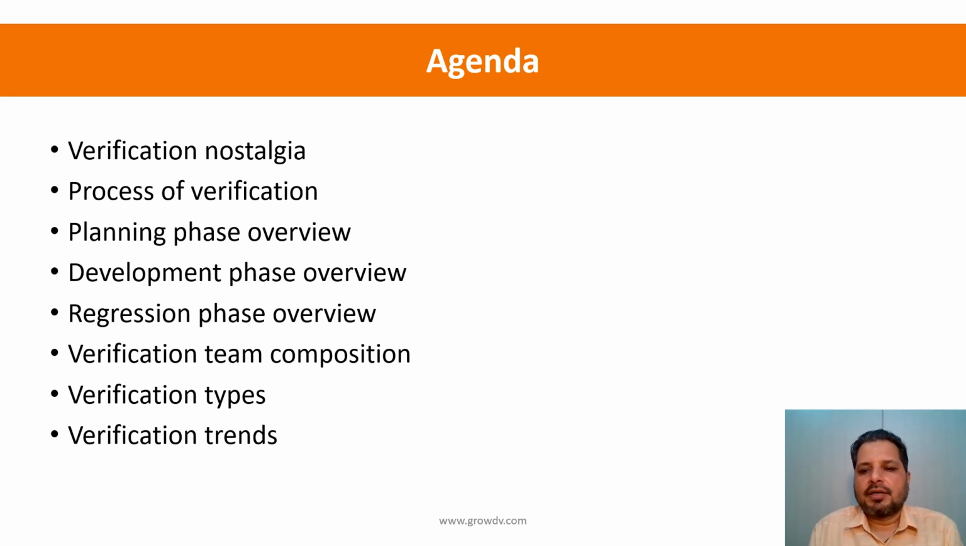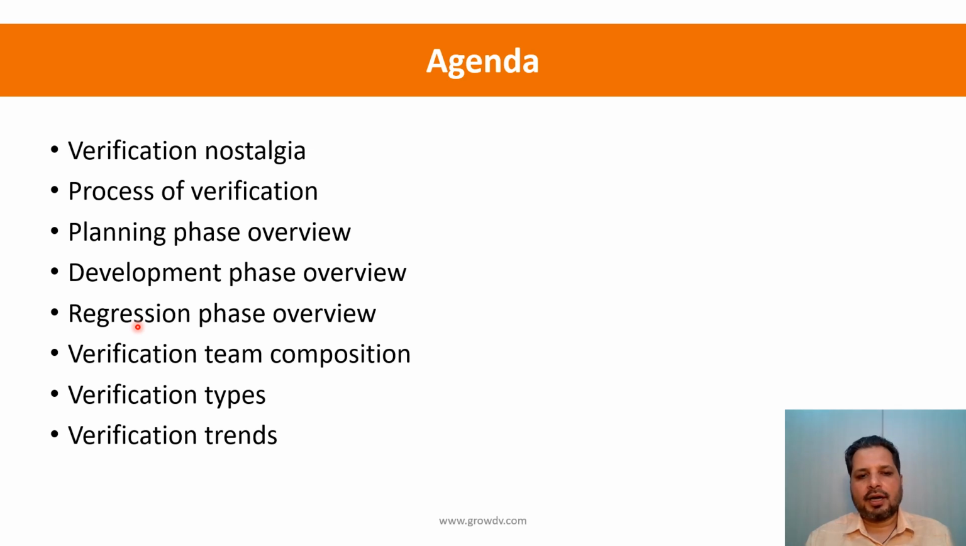So we will look at one of those examples, and then using that example, we will define the process of verification, and as a part of that process of verification, you will be able to see that we have three phases. Those three phases are: a planning phase, a development phase, and a regression phase. We will look briefly into each of these phases,